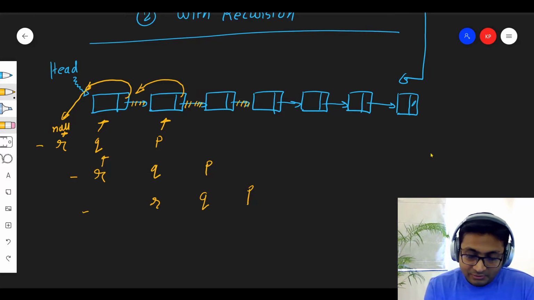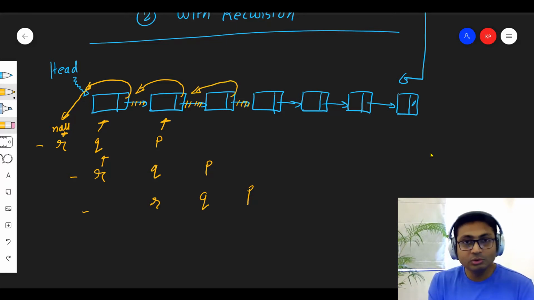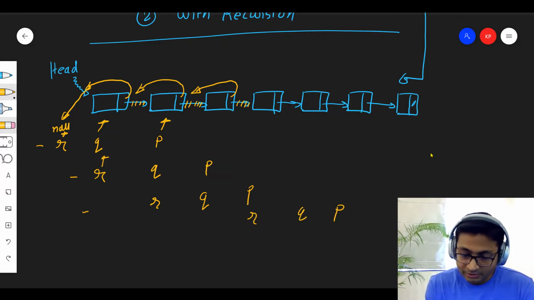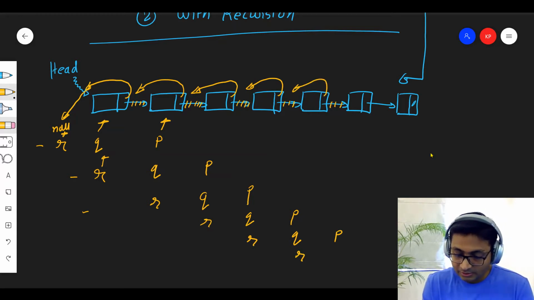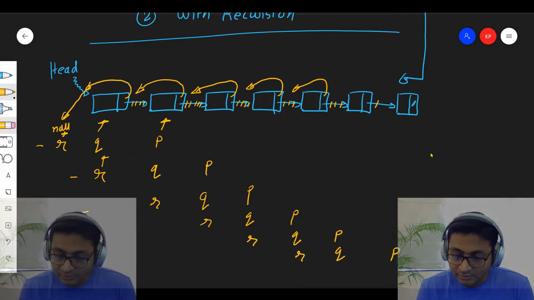And again, Q's next I would set to the previous one, that is R. Increment it, R, Q, P, reverse it, again increment it, R, Q, P, reverse it, increment it, R, Q, P,